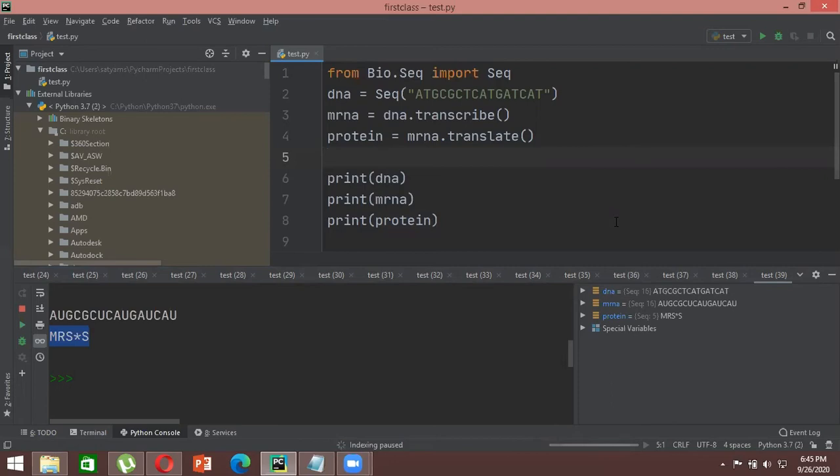Some of you might know the single letter code, for example, M will represent methionine, and similarly S will represent serine, and I forgot what R represents. I guess it's tryptophan, but I'm not sure whether it's tryptophan or not. So whatever output that you will get in case of protein, that is after translation, that will be a single letter code for your amino acids. Okay, now you see the output that we got here, there's a star in here.